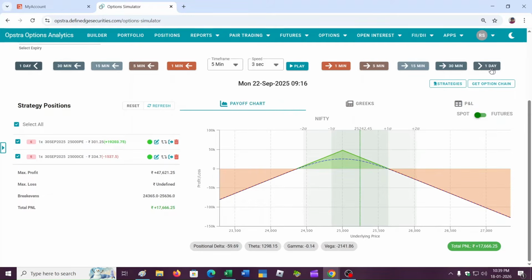Because as time goes, the time value goes down. This is known as time decay or theta decay. Because of that, profit is being generated. Now we are on the 22nd of September,